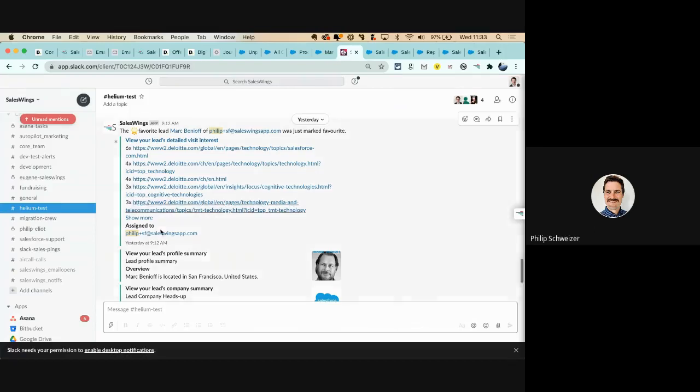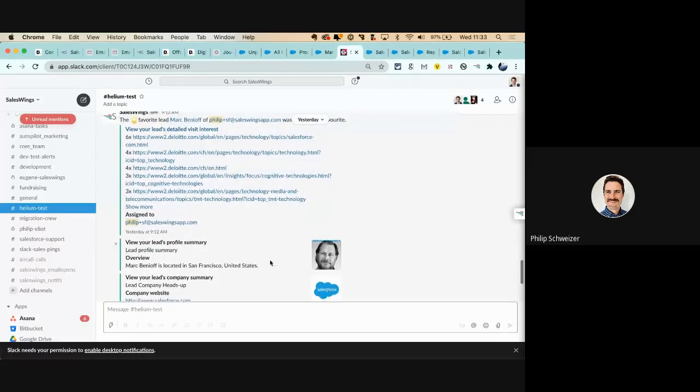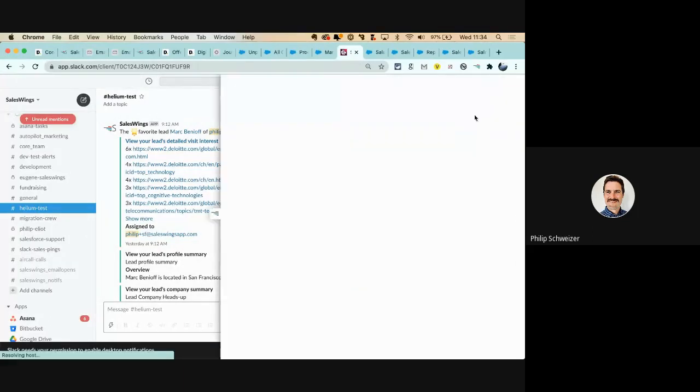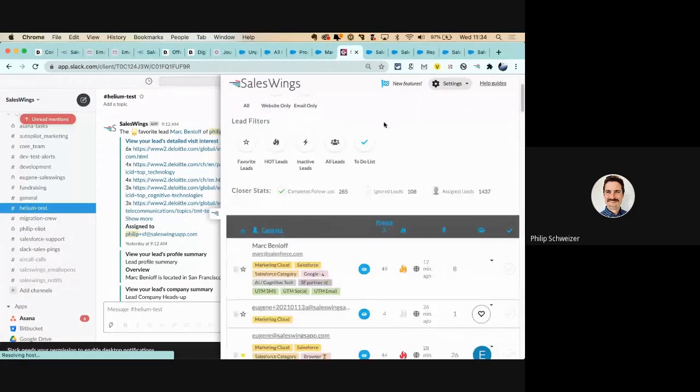So here's, for instance, a Slack channel we've set up where you can see an alert about an interesting lead of mine that has visited. Another way, an optional way to enable sales with a strong sales weapon is what we call the Chrome extension. Chrome extension shows browser alerts and can be flipped open on any page I'm working on.